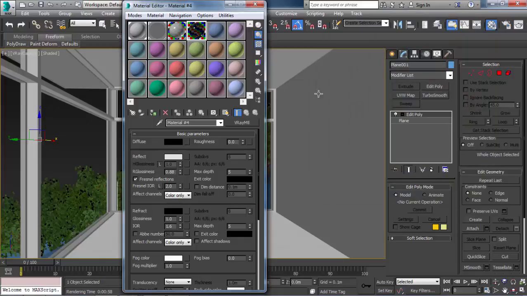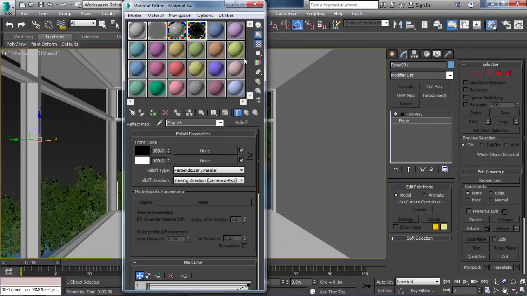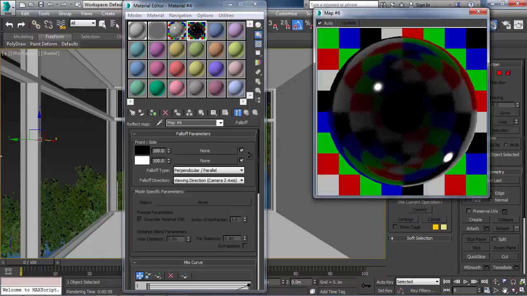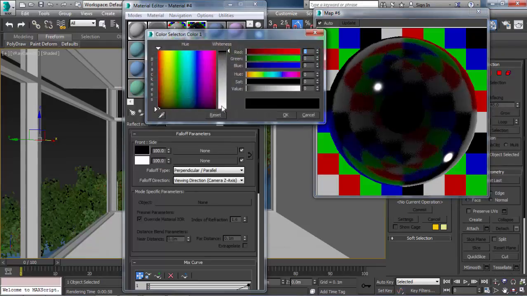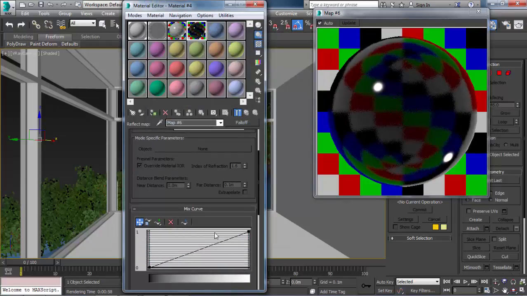Good. And also in the material here, I'll add a fall-off so that the sides are less reflective. Let's change this to something like this. So we have almost even reflection.